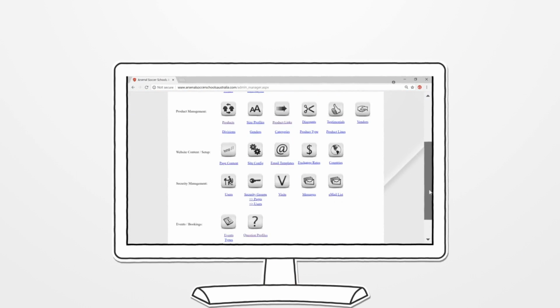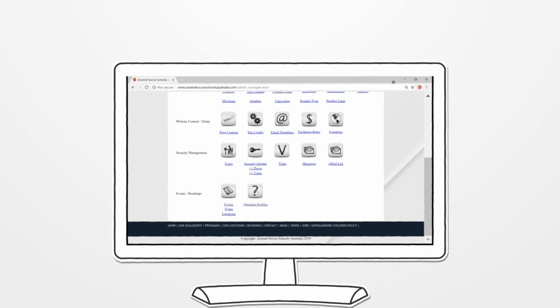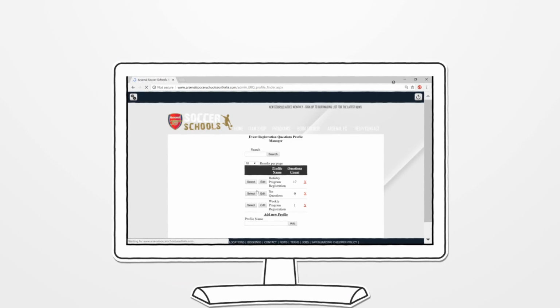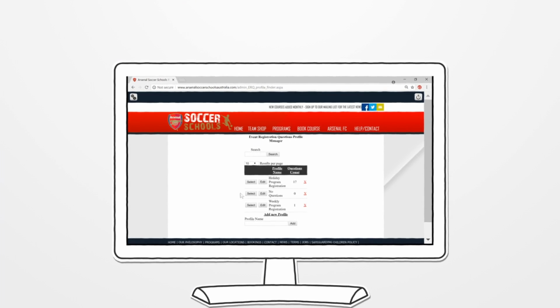You can navigate to the Questions Profile Manager through the Administration Manager page at the bottom. Once you arrive at the Questions Profile Manager, you will see a table with the questions profiles. You can search for a question profile by entering the question or any part of the question in the search